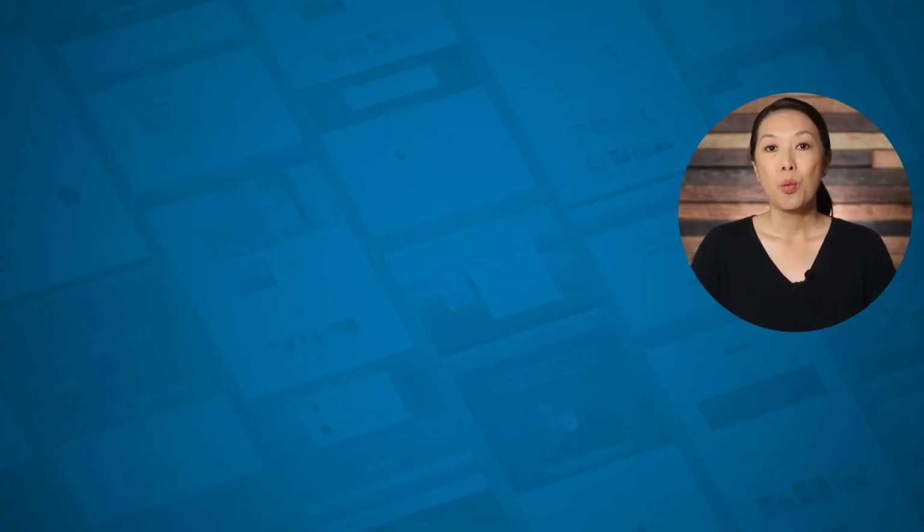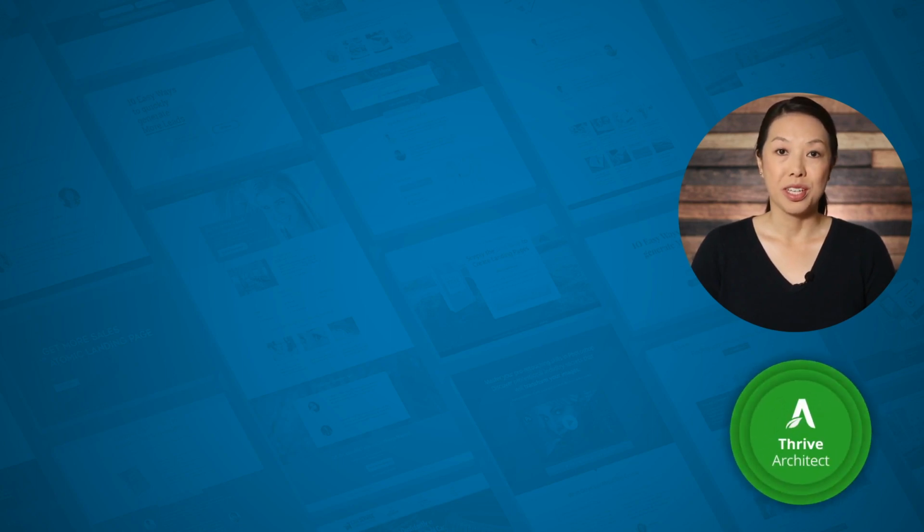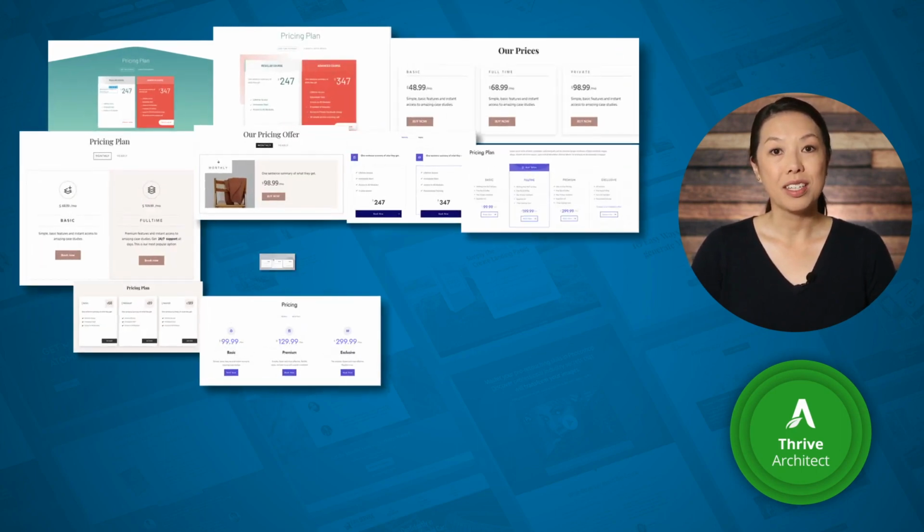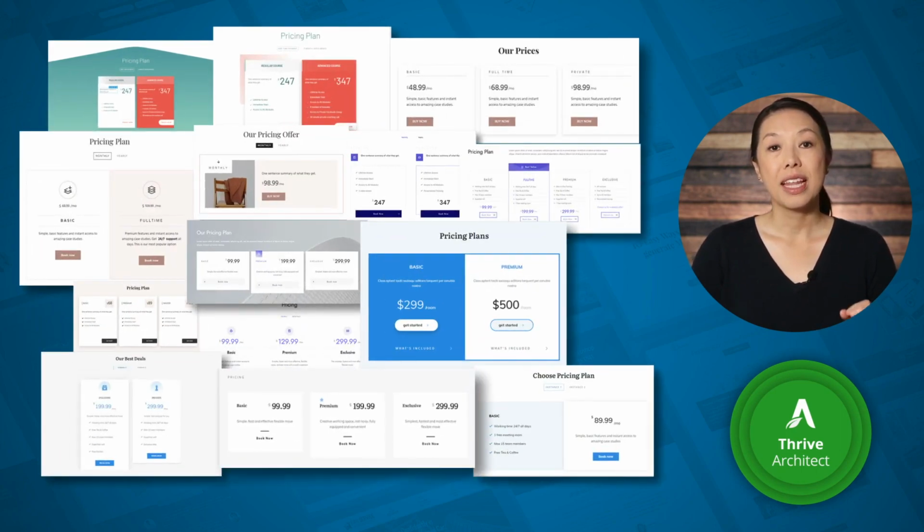So if you plan on having multiple levels to your membership, how can you present those levels on your sales page? When you use Thrive Architect to build your sales page, it is really very easy. Thrive Architect comes with several pre-designed blocks that you can add to your sales page that let you clearly show what each membership level includes and how much they cost. The blocks in Thrive Architect are 100% customizable, so you can easily change colors, fonts, images, icons, and more to match your brand.